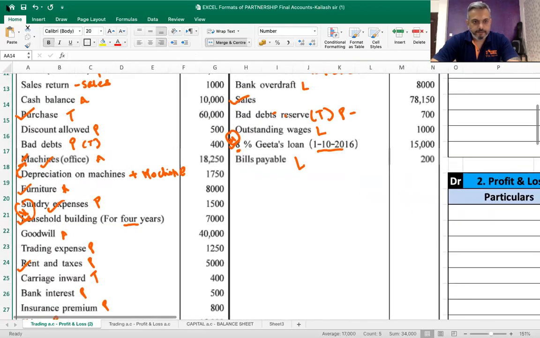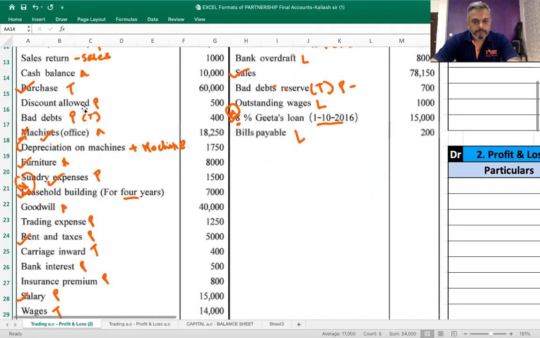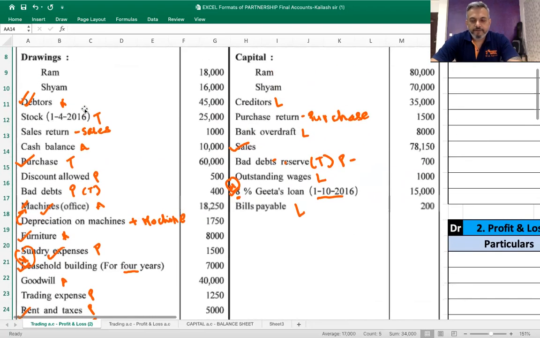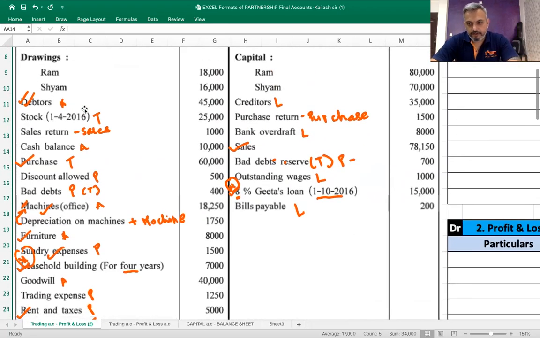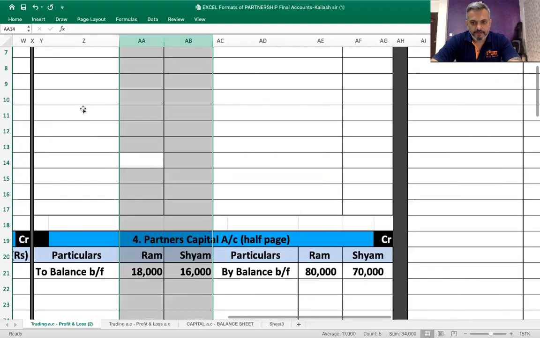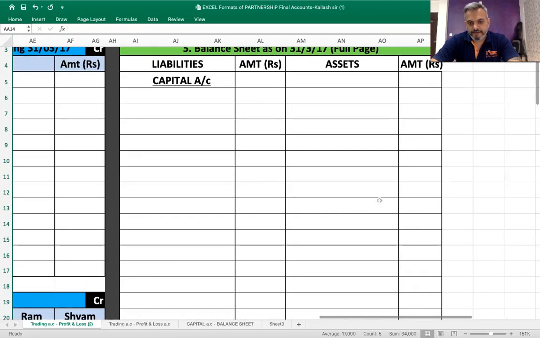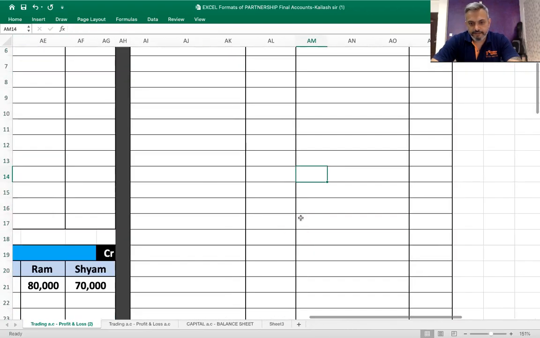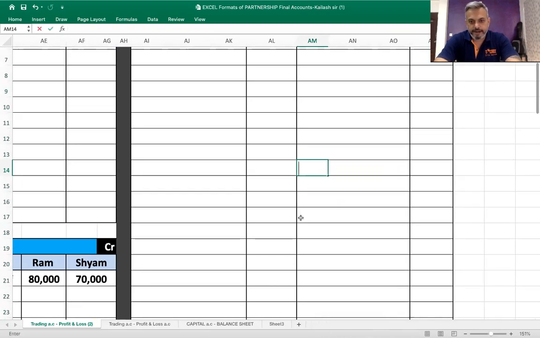Okay, next. We start with the debit side, or debit balances. Now, debtors 45,000. So go to balance sheet. Now it's a current asset. So somewhere in the center, we can start writing debtors, inner column 45,000,